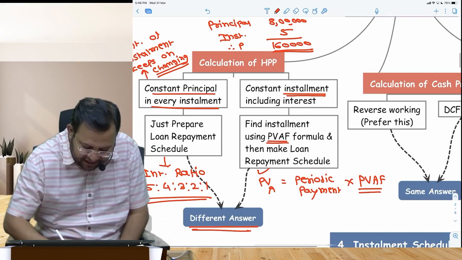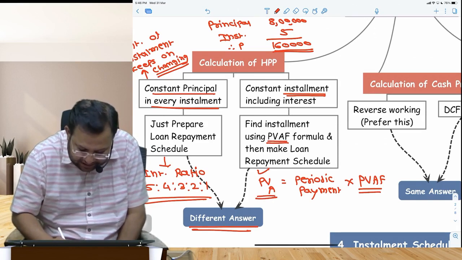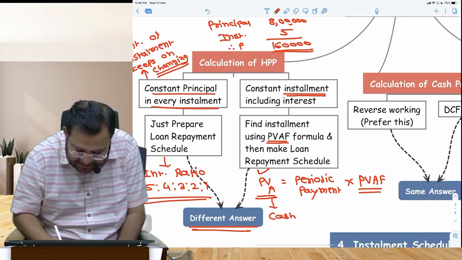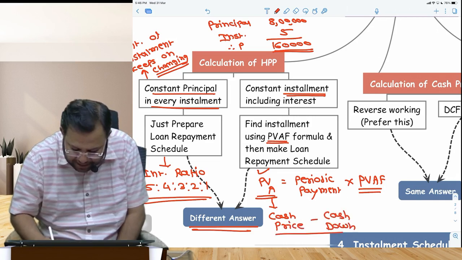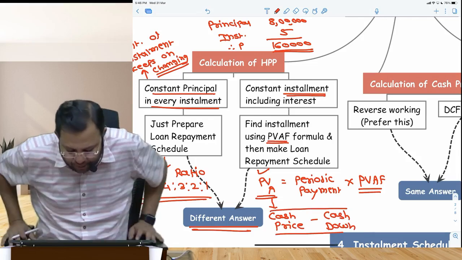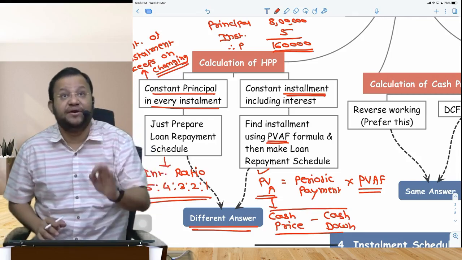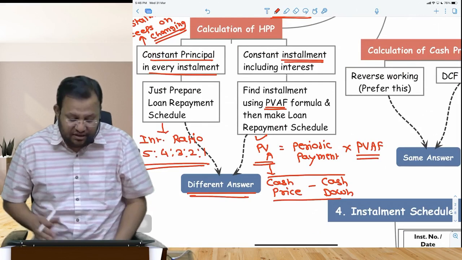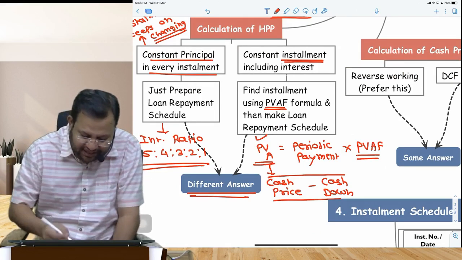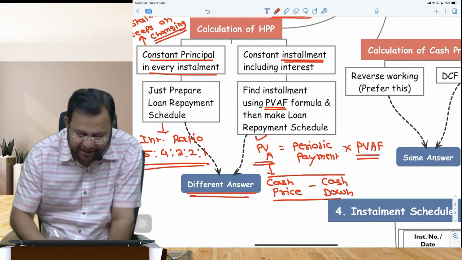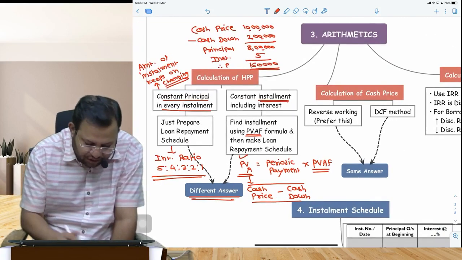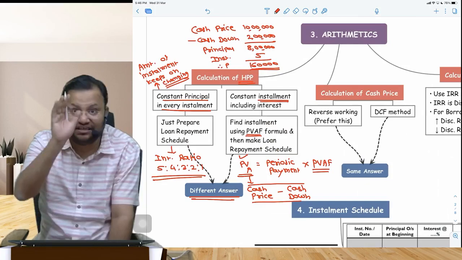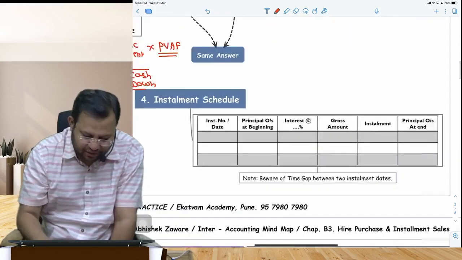So the present value of annuity, this amount is nothing but cash price less cash down. Cash down you subtract, because that is not part of the loan, that is as good as a payment made today. So present value of annuity should be taken as cash price minus cash down. Then you take the periodic payment and annuity factor, rate of interest will be given. These both situations will give you different hire purchase price, different interest, and you make a loan repayment schedule